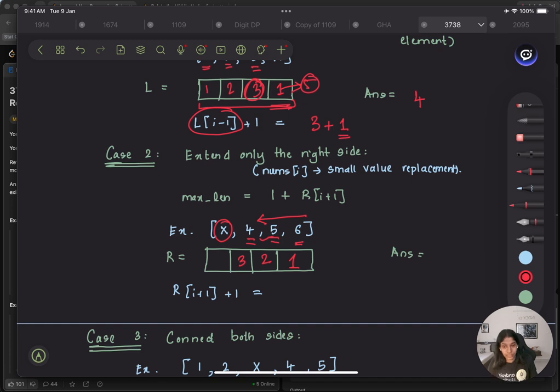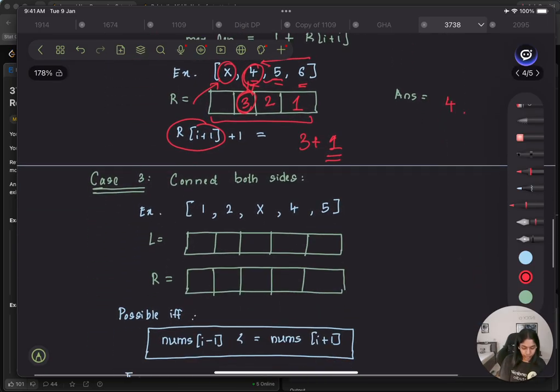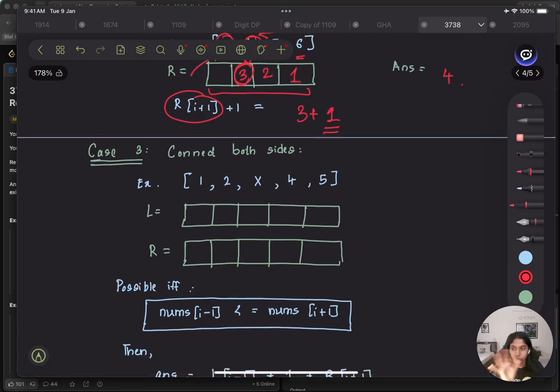And then x can obviously be anything, right? So if I do replace x to something, let's say 3 to 2, 1, 0, or anything smaller, right? Then I would have a total length of 4, right? That's basically R of i plus 1, which is for this. So that is 3 plus 1, which is the replacement at this index position, which gives us 4 again. Okay, so we have covered these 2 cases right here,